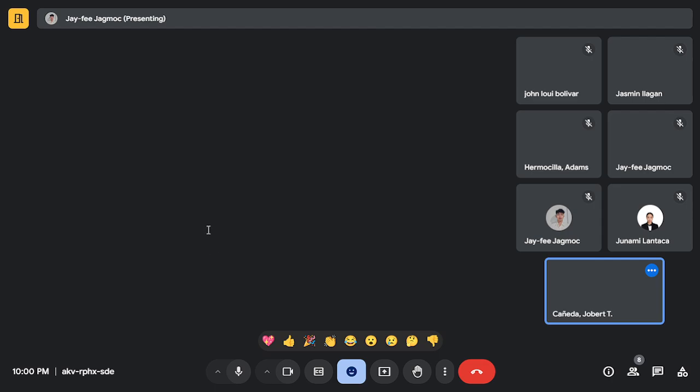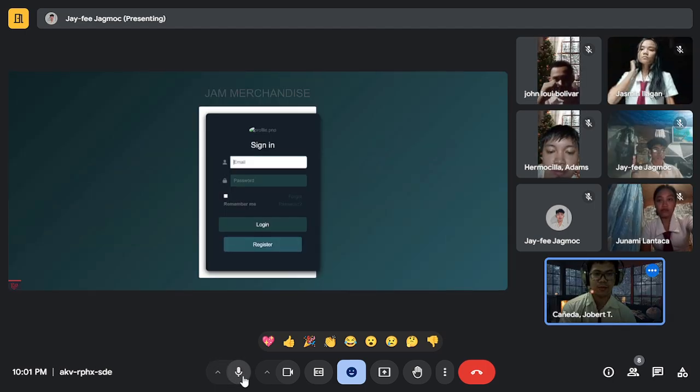For the test execution steps, first is to navigate to the logout button and locate it in the sidebar. For the second step is to click the logout button. Third, to verify the session ends and the user is directed to the login page. And that's it. That's all.